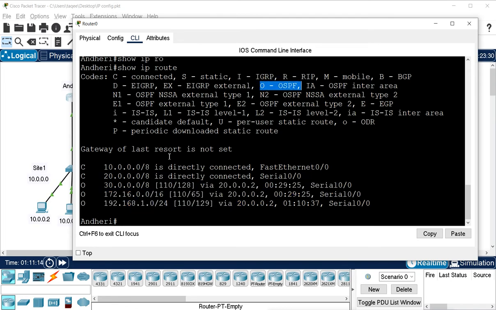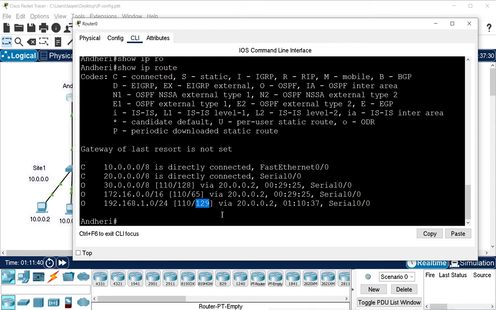You can see the AD value is 110 by default, and this is the calculated cost for that network, and it is based on the bandwidth of the interface where it is connected. So based on the bandwidth of that interface, it is showing you this cost here. It is 128, 65, 129 and so on.